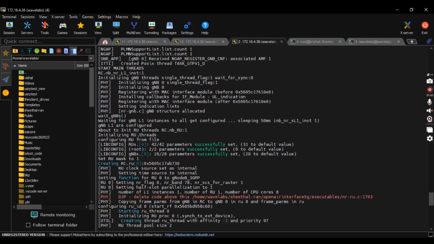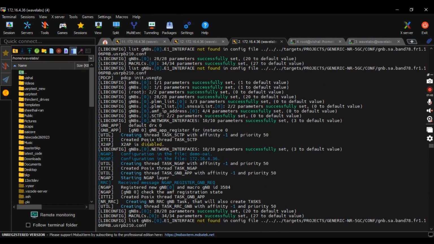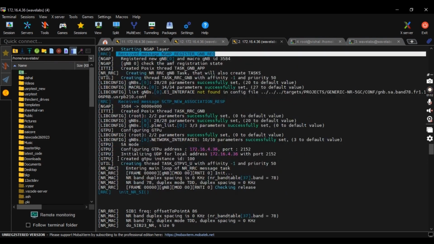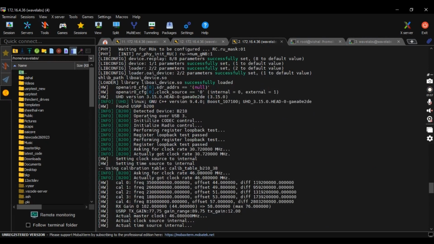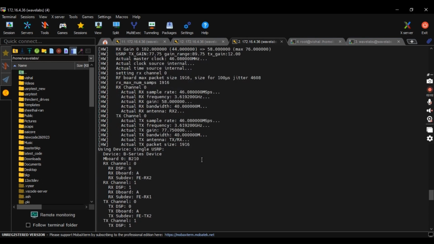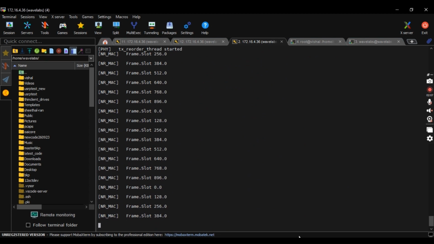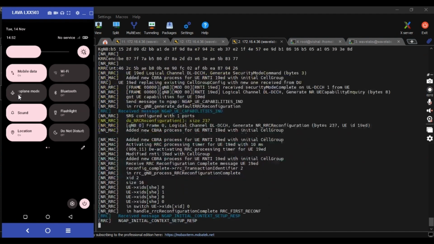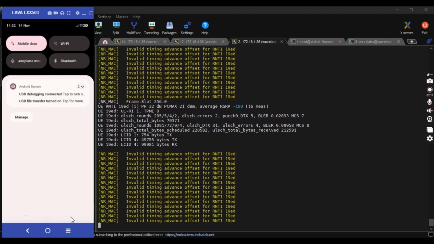So after running, here we can see the NGAP between gNB and AMF. Once that is done, the GTP-U is also up. Then we can see that the USRP is found and is operating over USB 3, and all the parameters are configured and the USRP is running now. In mobile, we turn off the airplane mode and see that it is attached and the session is done,